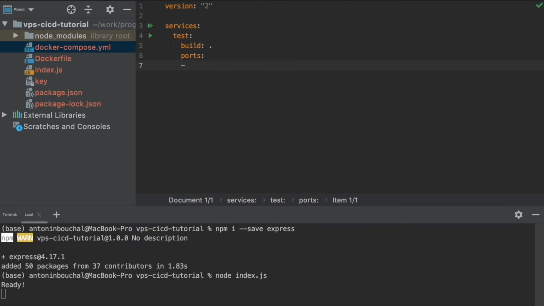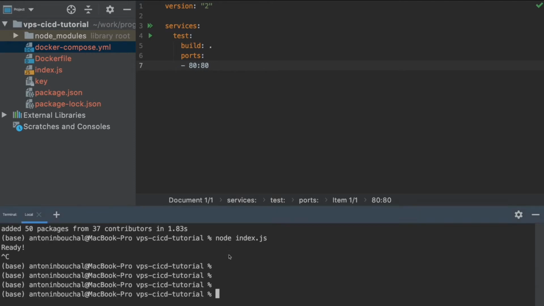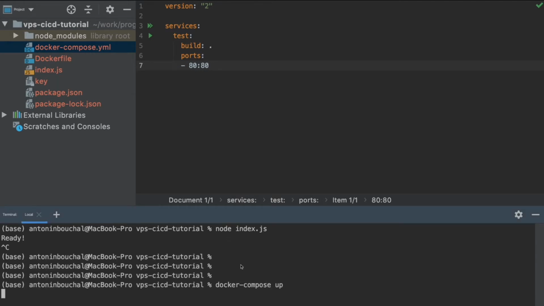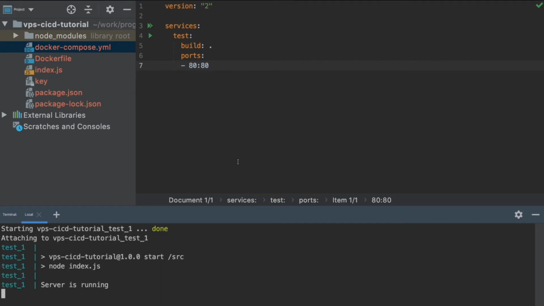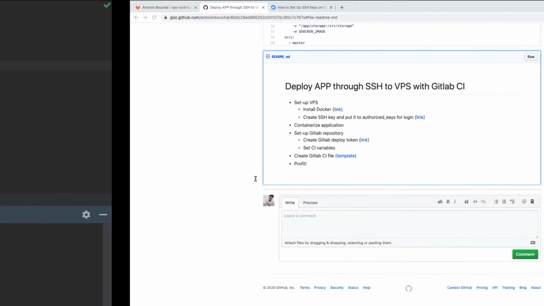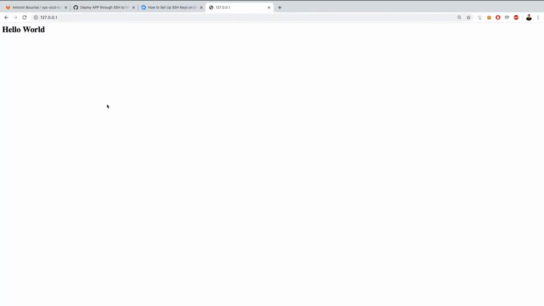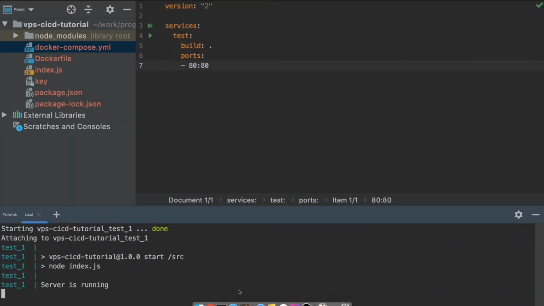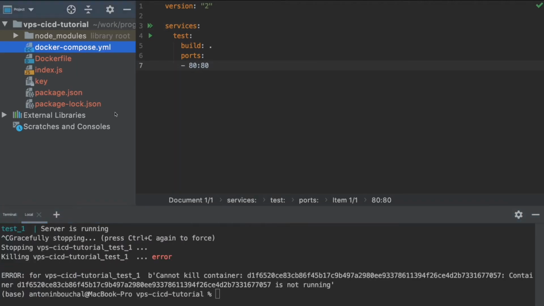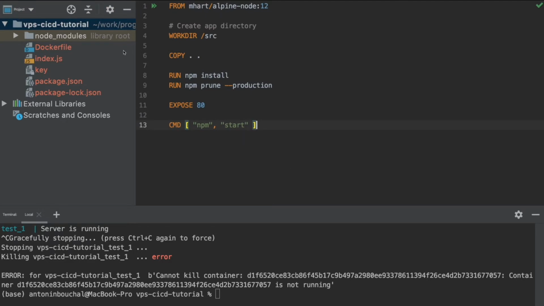How to test it? Okay, let's get ready. Docker Compose up. Okay, server is running. Let's check it. Hello world, and it is really running, so everything is okay. We can delete these test files, and